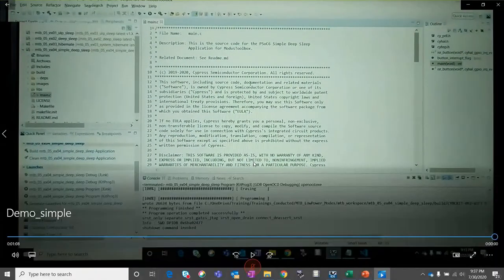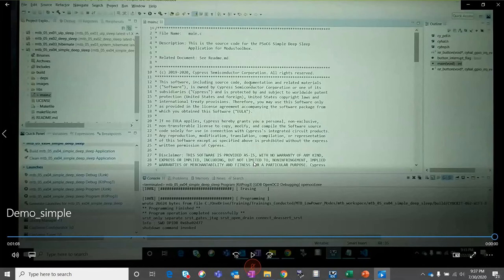So when the button is pressed, using the single HAL API, I'm basically telling PSOC6 that you do not have any work at the moment and you can go to sleep. And whenever I have work for you, I'll be waking you up. And that is why the PSOC6 goes into low power mode. And when I press the button again, it wakes up from low power mode.